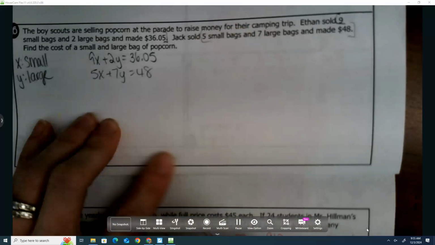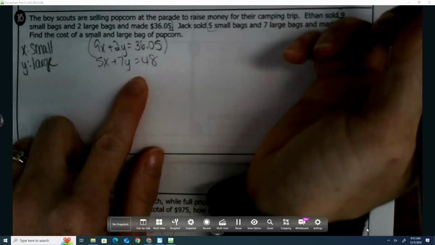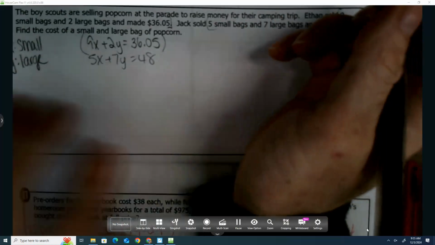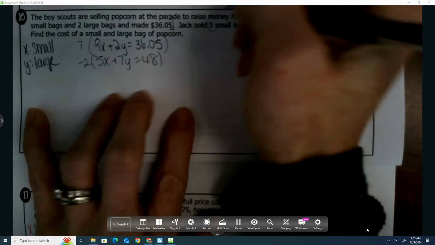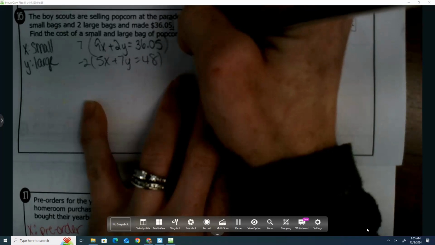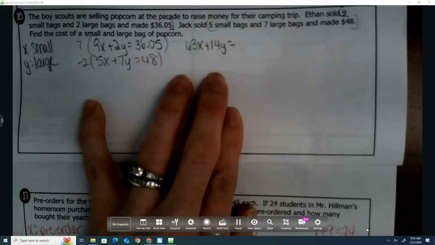Good. Now we need to either do substitution or elimination. The easiest option here is probably elimination. What variable do you want to eliminate? Y. So what would I have to take the first one times? 7. And then we'd have to take the second one times negative 2. Okay. If I do that, I get 9 times 7, so 63x plus 14y equals 36.05 times 7,